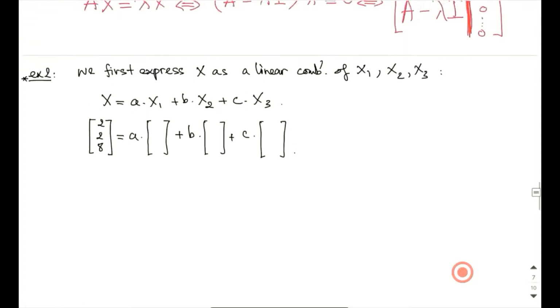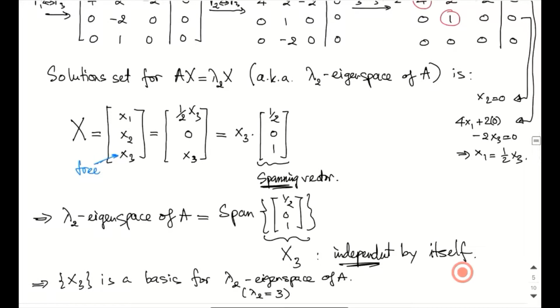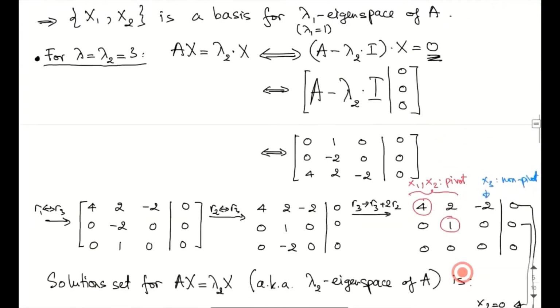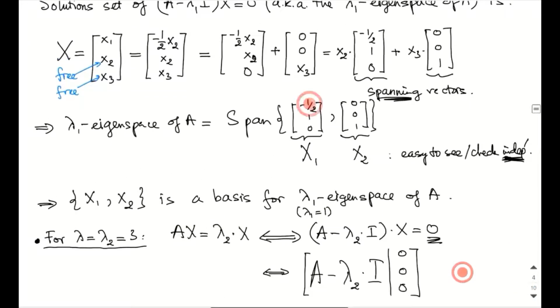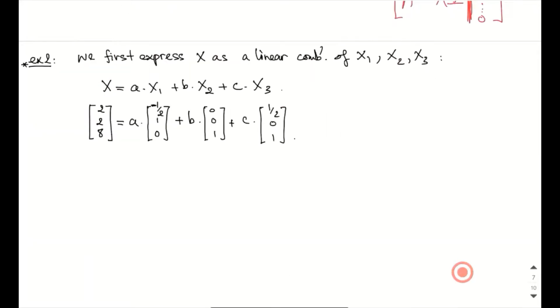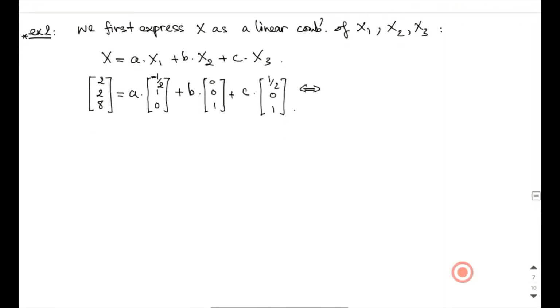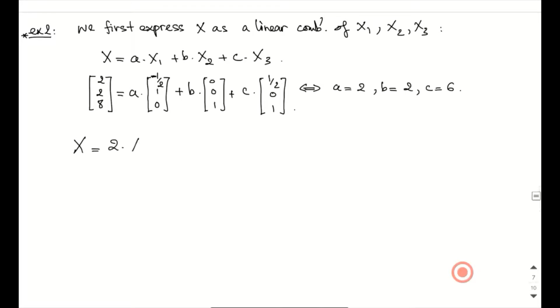Right, we can go back to the previous example and we will see that x3 is 1/2, 0, 1. Remember that, right? Note that down. x1 is negative 1/2, 1, 0, and x2 is 0, 0, 1. All right, so we go down and fill in the blank. Negative 1/2, 1, 0, 0, 0, 1, and 1/2, 0, 1. From this equation, you can easily find A, B, and C. You should be able to find A being 2, B being 2, and C being 6. And so this means that x is going to be 2 times x1 plus 2 times x2 plus 6 times